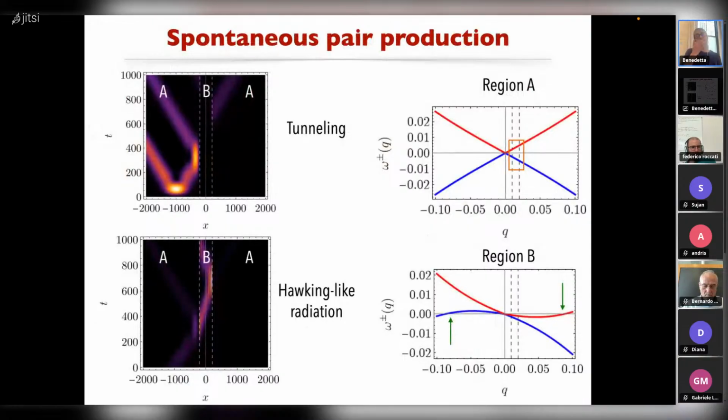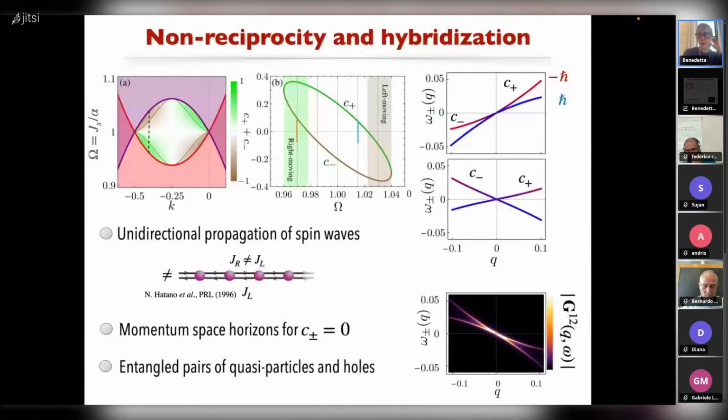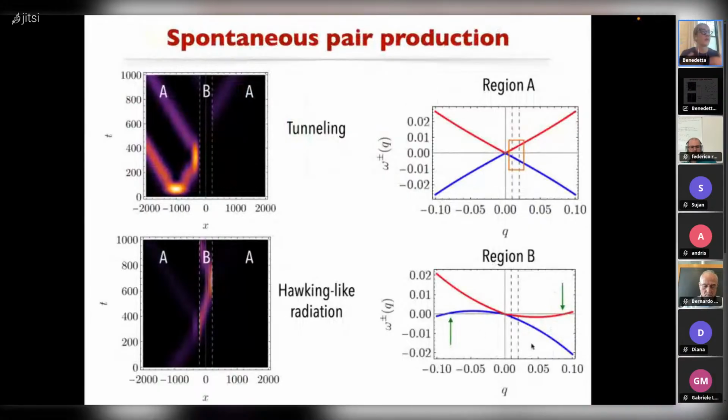Maybe one last thing that I will show you is the following. As I was mentioning here, we realized that as we change the current, we can access regions in which our excitations have a very different type of mobility. So we thought, okay, what if we have this long magnetic heterostructure, and in one region the current will be set to a certain value, but in the other region we change the current such that we have a unidirectional